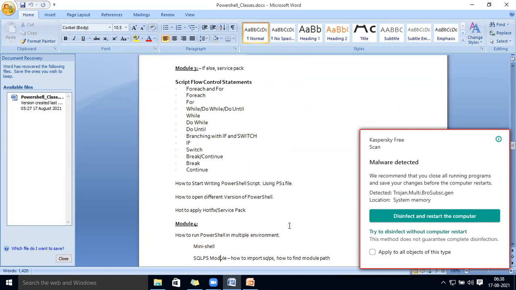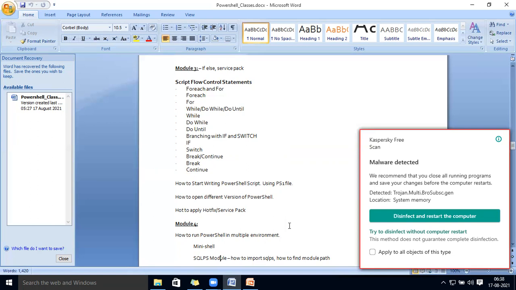This is very useful, like foreach. Why are we going to do this? Just as an example, if somebody has given you 10 scripts to run, and the 10 scripts have to run on 10 SQL servers, what is going to happen? You have to go 100 times, 10 into 10. But if you have the script, you can go with the foreach command.